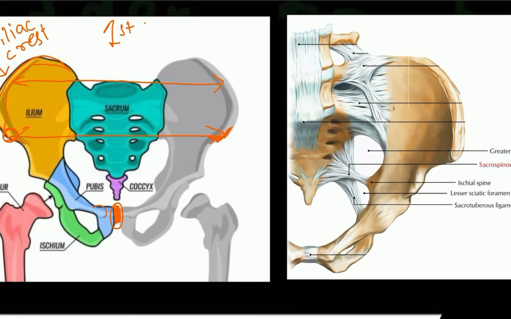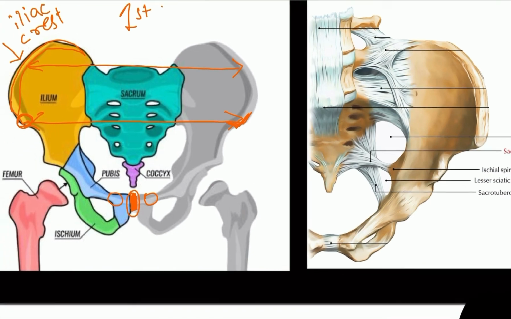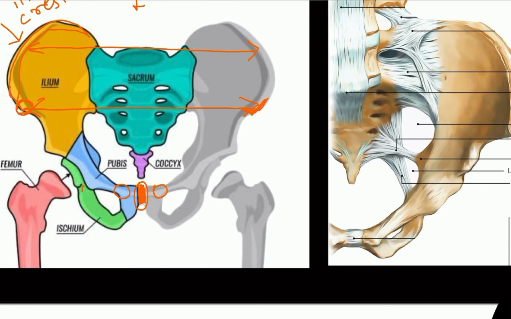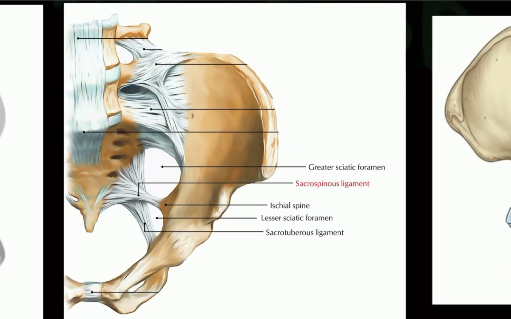And here is the pubic tubercle present. Remember this. Where is the pubic tubercle? Present on the anterior side of the pubic bone. The ischium bone, you can see green color bone. This ischium bone also has a body, a superior ramus and an inferior ramus. So let's learn more about the ischium bone in detail in the second picture.